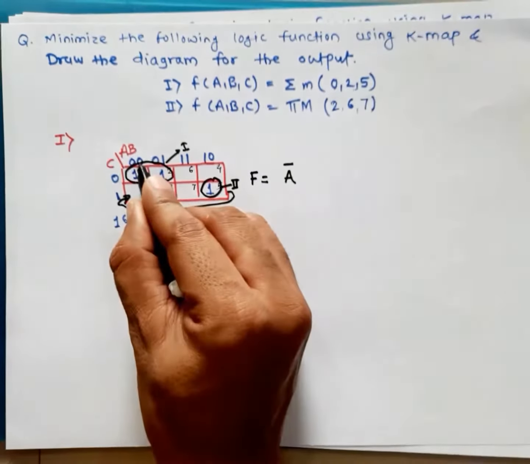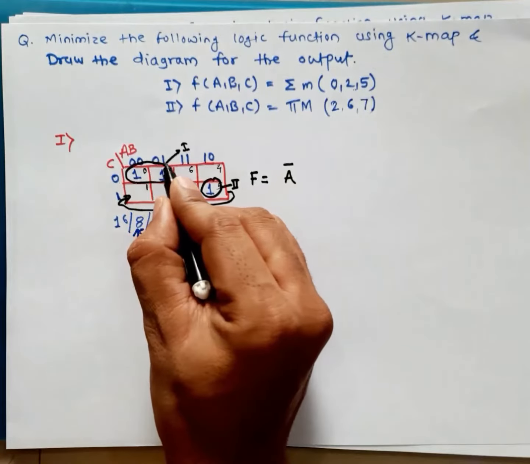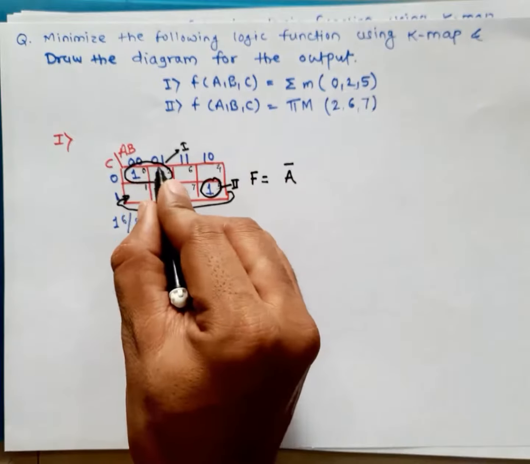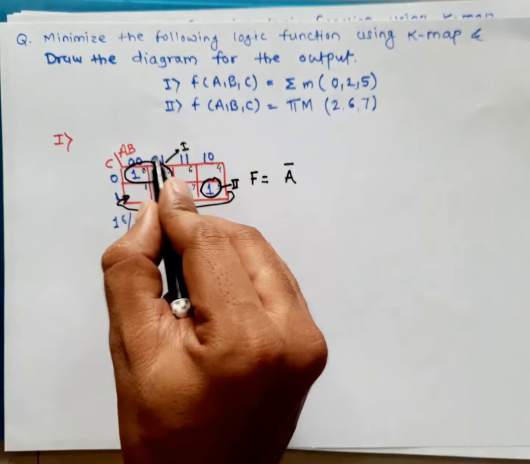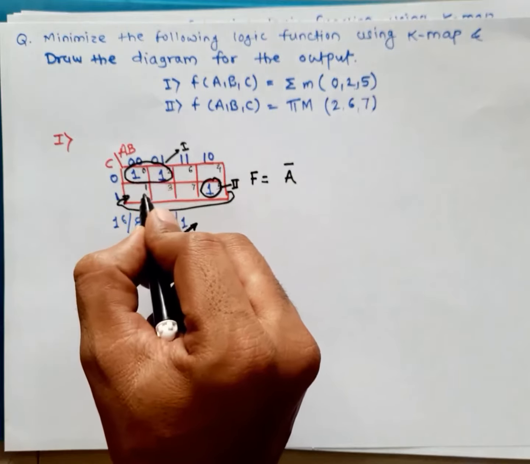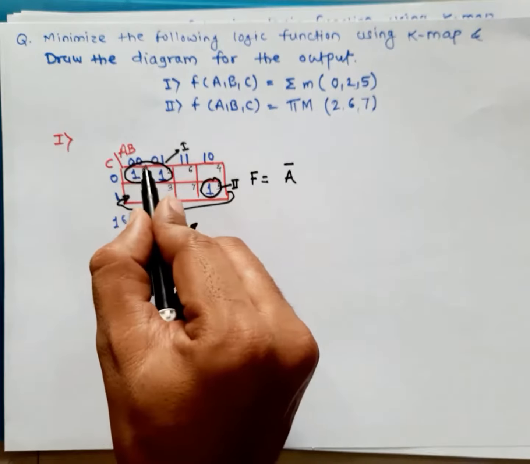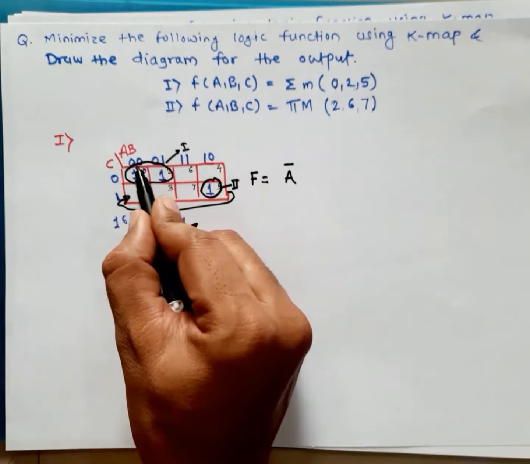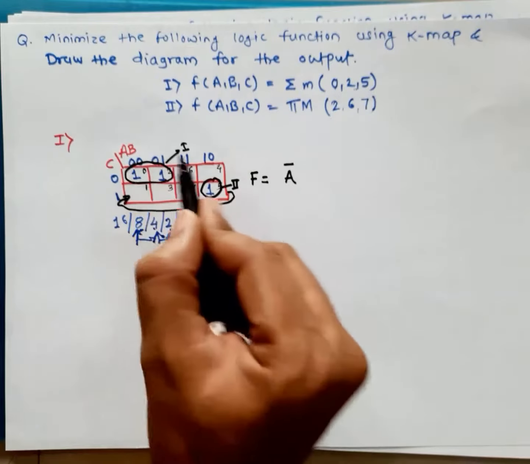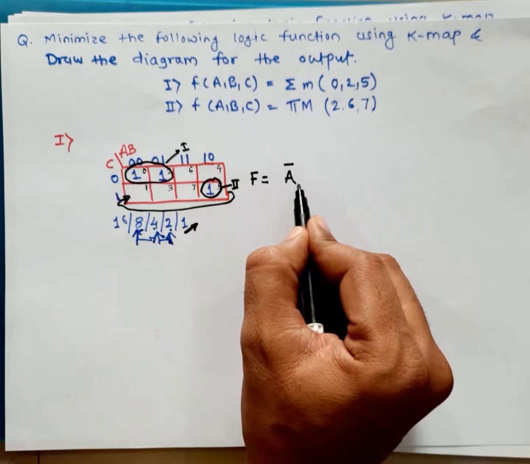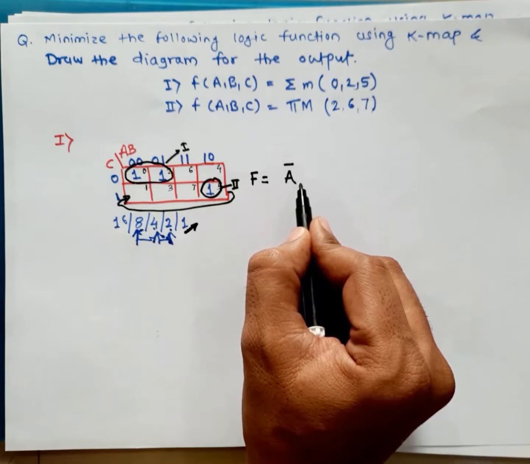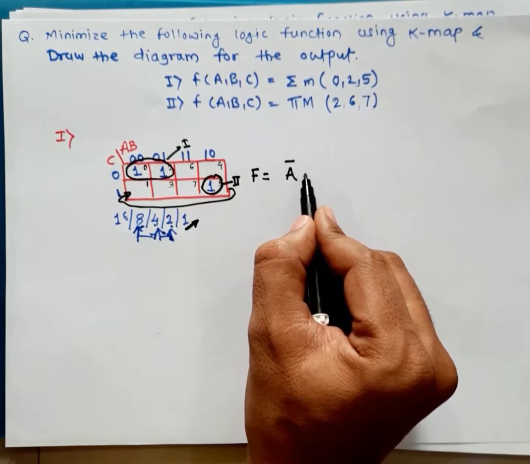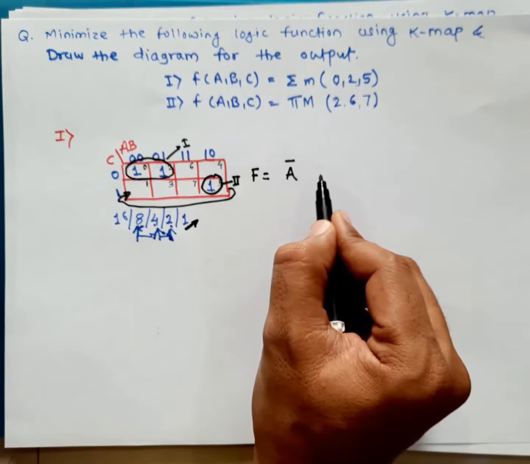Next, the value of B is 0 and 1, so both are different. B has 2 different values. As per the rule, if the value of a variable is different, then that particular variable gets eliminated from the term. So this B variable gets eliminated. Actually, elimination is nothing but its value is 1, and we are not writing 1 here, so it is similar. So we consider it eliminated.